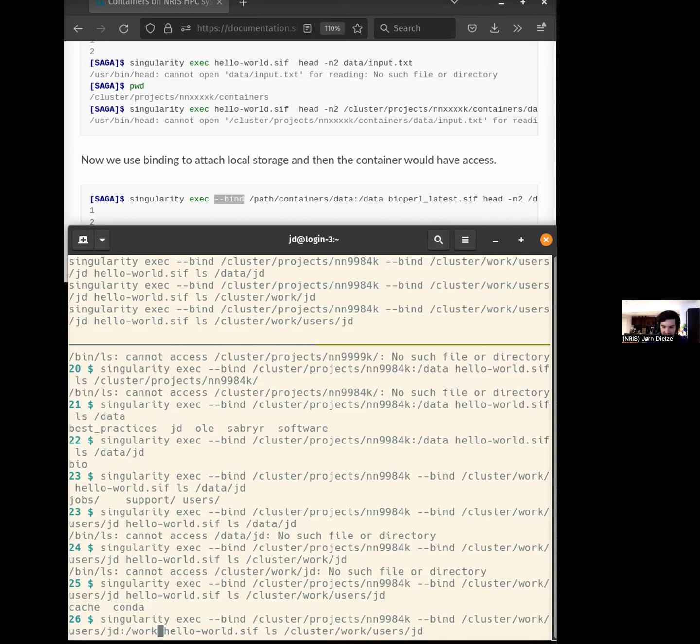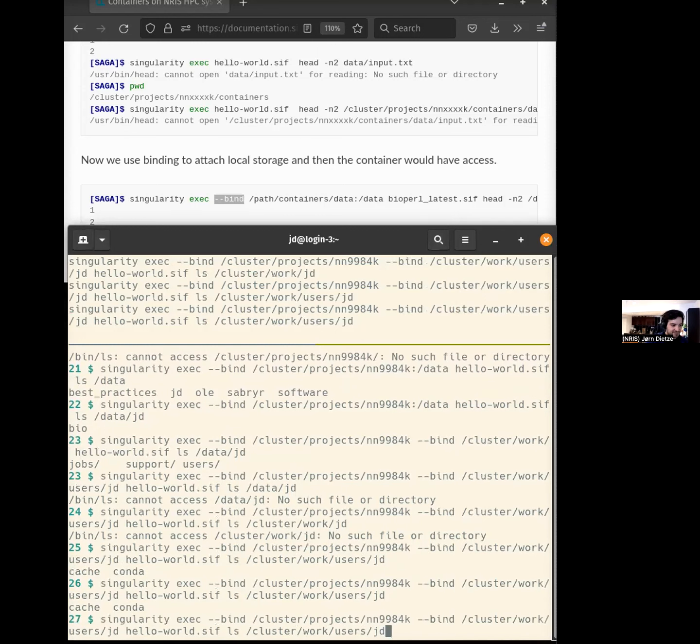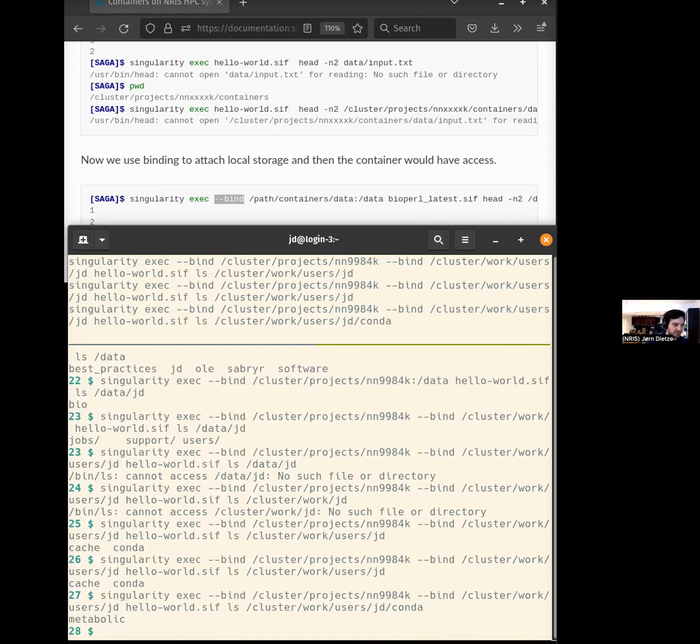And as you already saw, it does it recursively. Like in this case, for example, I can see my subfolders, and I can also go into these subfolders. So you only have to bind one folder, and then all the subfolders will also be made available. You can specify as many as you want, but at some point it gets to be a long command, and it's easy to lose overview.